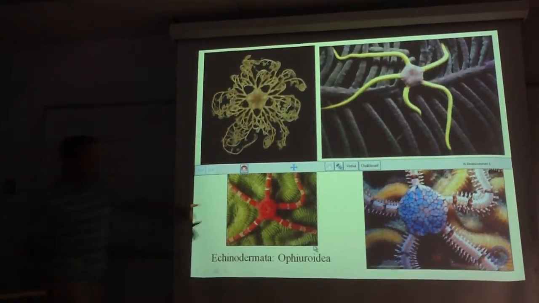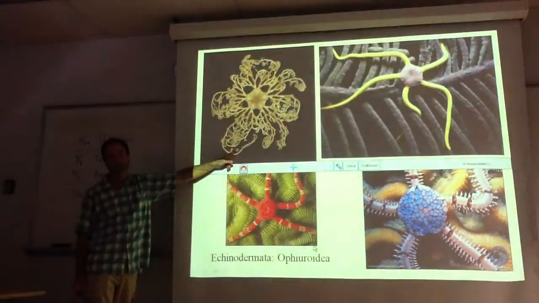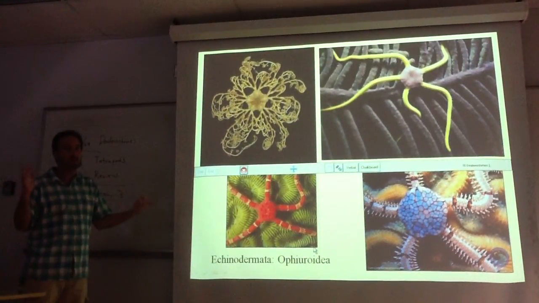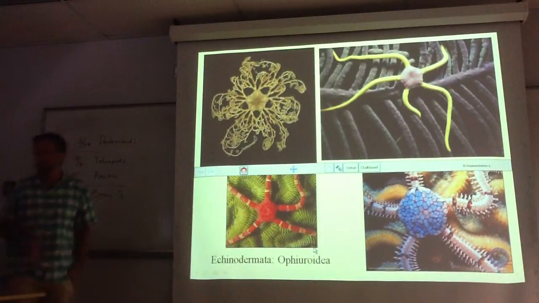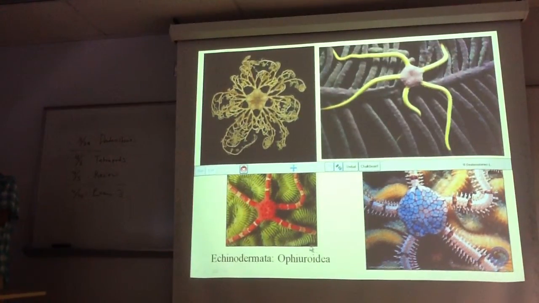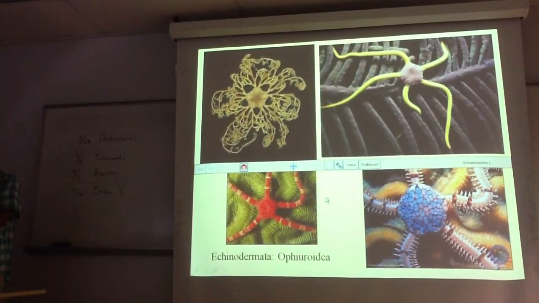Ophiuroidea. These are brittle stars. Basket stars. These tend to be able to move a lot very quickly. We'll take one of the little brittle stars upstairs, flip them over, and you'll see that he'll be able to right himself very quickly. They have these sort of long, slender arms, and the ossicles are not tightly interlocked so that they're able to move much more freely than most of these other, all of these other groups actually, that may be crinoids.